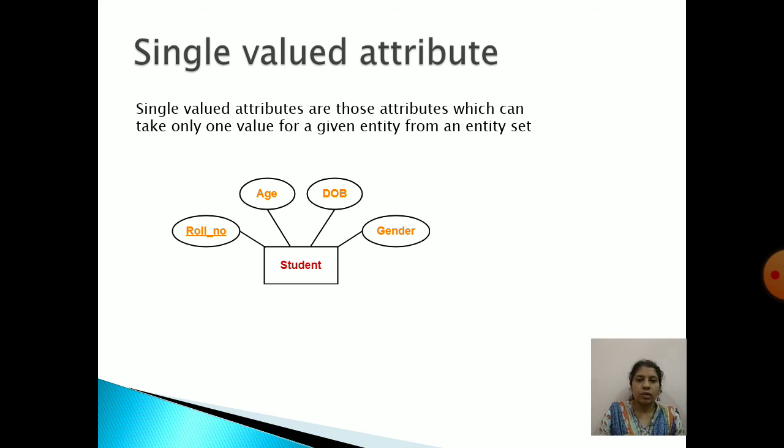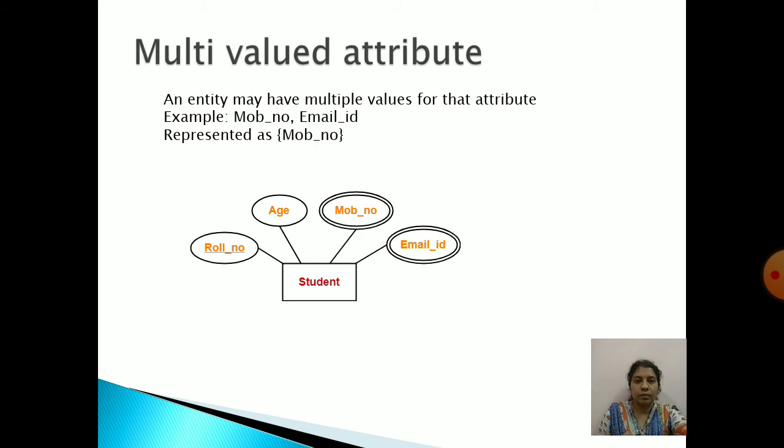I cannot put age as 21 and 22. Whether it is possible, only one value I can put, right? Date of birth. Can I put two different dates for date of birth? No, only one date of birth I'll have. So like that, it can take only a single value. Okay, at a time only one value is permitted. Then it is called as a single valued attribute.